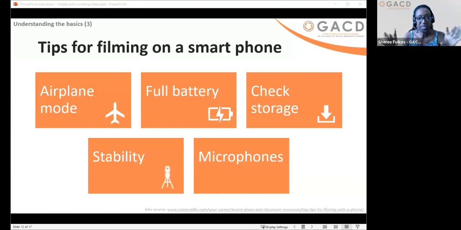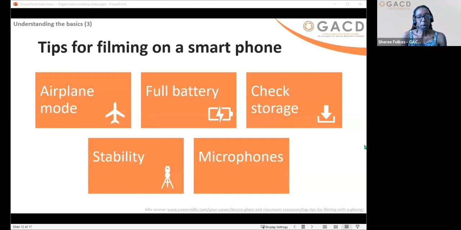So the other thing is stability. Now, it's important to obviously use two hands if you can, a selfie stick, or a portable tripod. If you don't have any of those, you can make something, maybe use a water bottle or a broomstick, and attach it with some strong tape or a strong elastic band so that you can have it set steady and stable. And also, obviously, if you're using a tablet, then you're definitely going to need two hands because they're a bit larger.